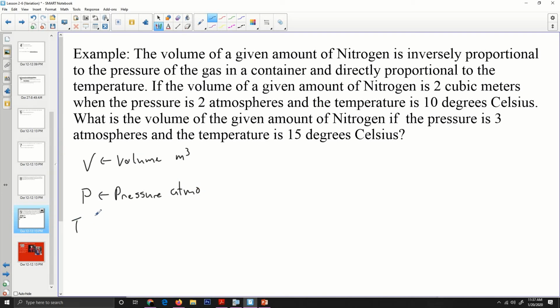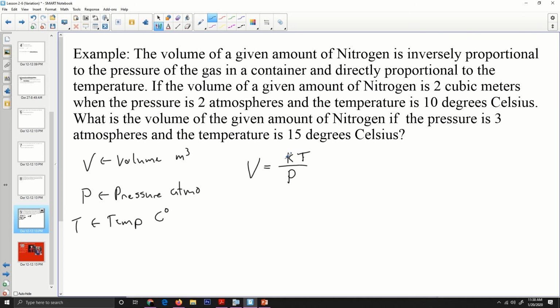And T is the temperature in degrees Celsius. Okay. So the volume V is inversely proportional to the pressure P and directly proportional to the temperature T. All right, and since we have written it this way,